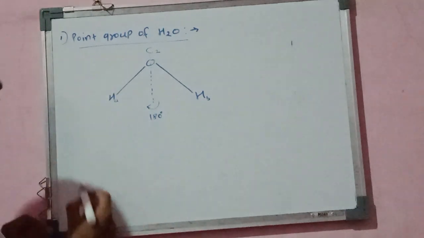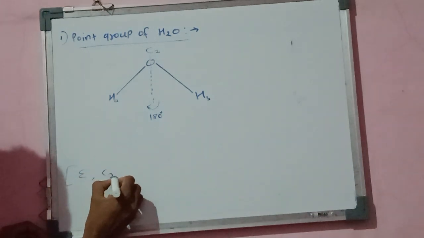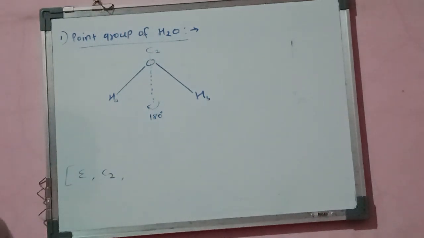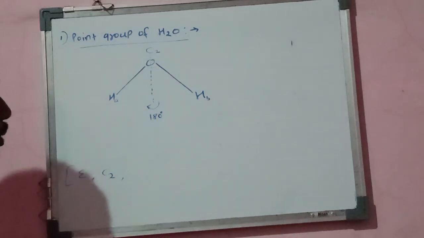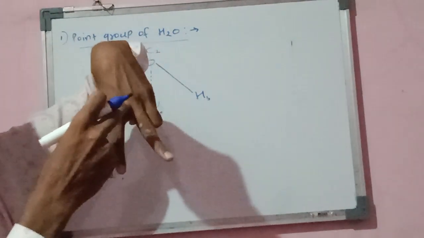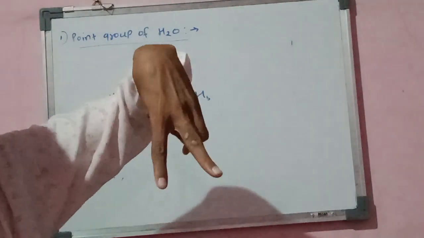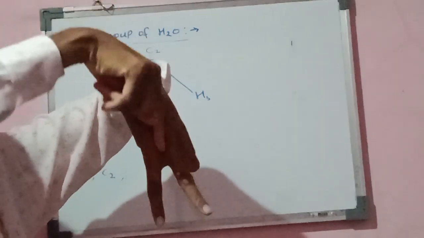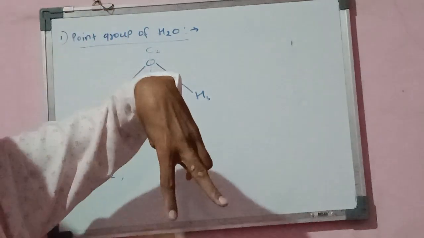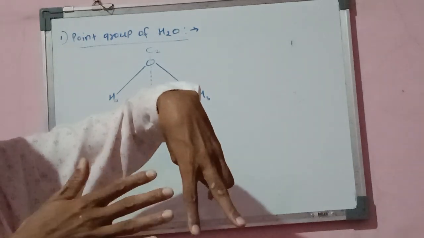This water molecule has the symmetry elements: one is the identity, another one is the C2 axis. This water molecule also has two vertical planes of symmetry. Why the vertical plane of symmetry? Suppose this is a water molecule, that type of water molecule. Here consider oxygen atom, hydrogen and hydrogen. If we pass the plane through this molecule, and this is the axis passing through the oxygen, that is the axis of rotation. If we pass the plane through this hydrogen, oxygen and this hydrogen, okay, that type of